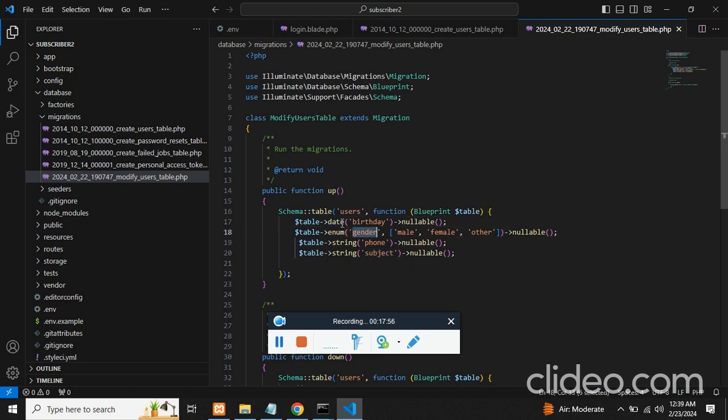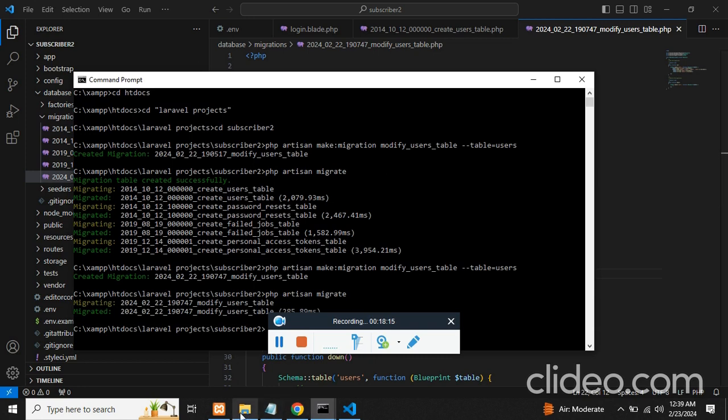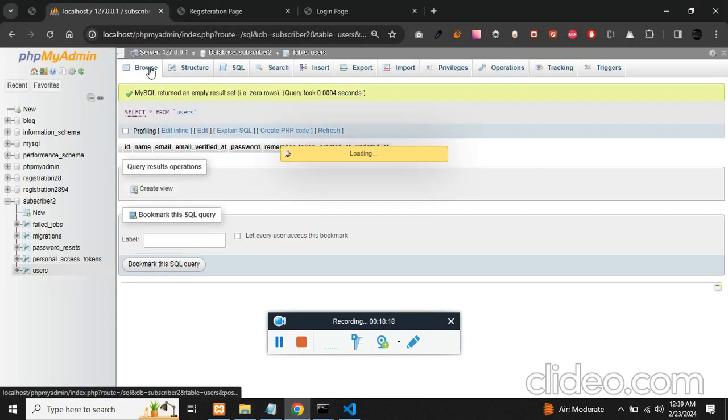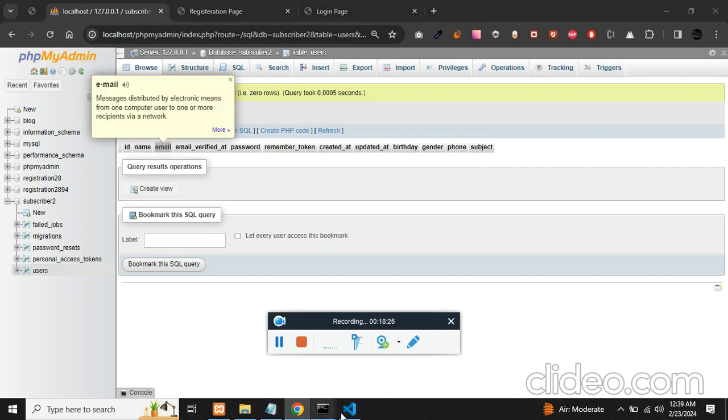So the birthday should be date and gender enum. So out of 3 only 1 would be selected, and we have phone number which is nullable, subject which is nullable. And if you save this and rerun the migration code again, you will find the table has been modified. If I click on browse again, you will see birthday, gender, phone and subject have been added. So make sure to add these names in your HTML